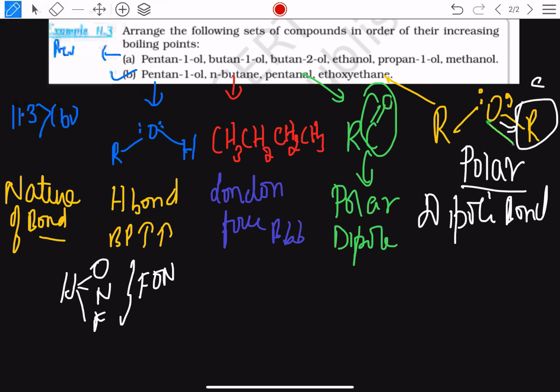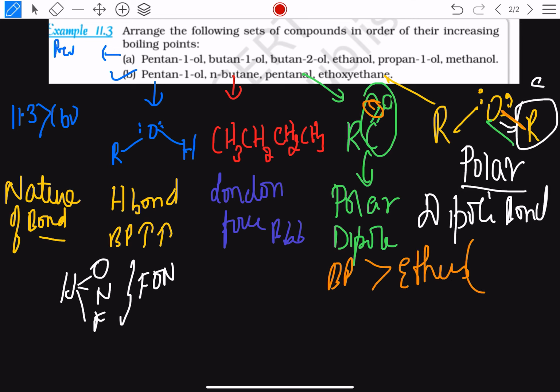The answer to this is that in ether there is a single bond only, and in the aldehyde there is this double bond. Of course, you already know that it is much more difficult to break two bonds than one. Better two than one. And if the bond is difficult to break, the boiling point has to be high. This is the easiest way to remember it. There are other theories of explanation as well. That means the boiling point of this will be higher than ethers.